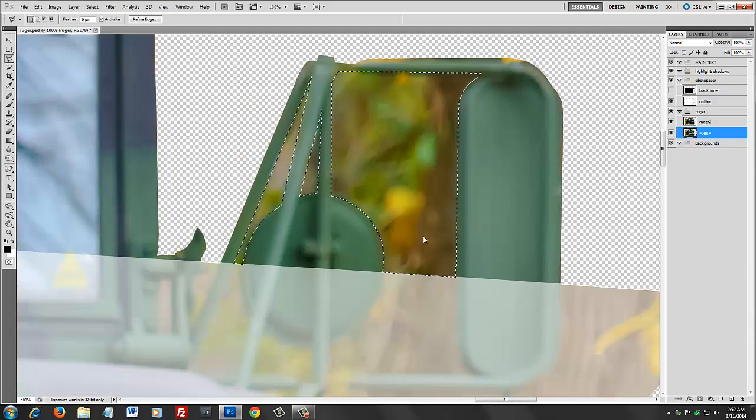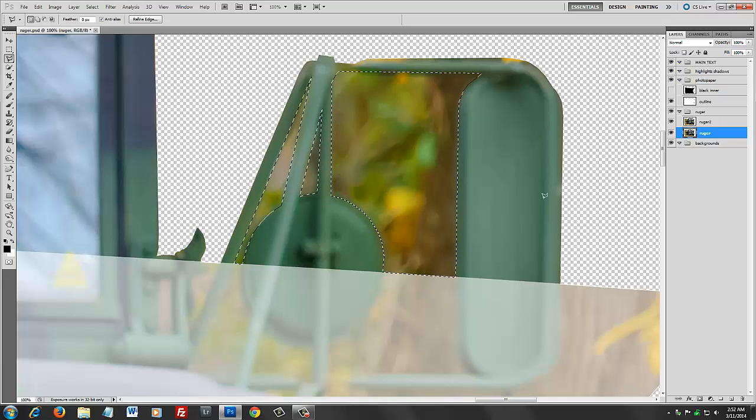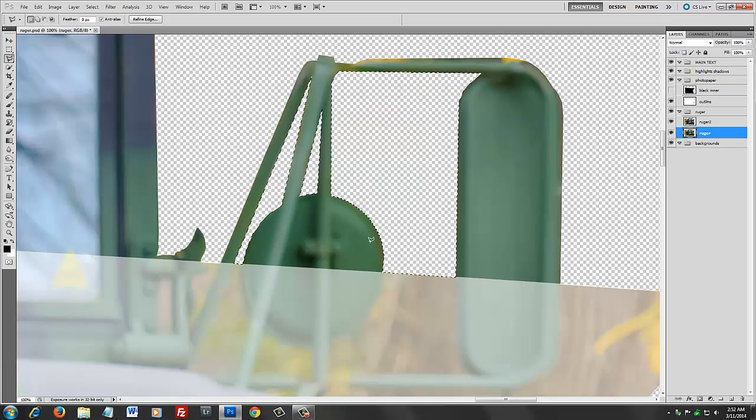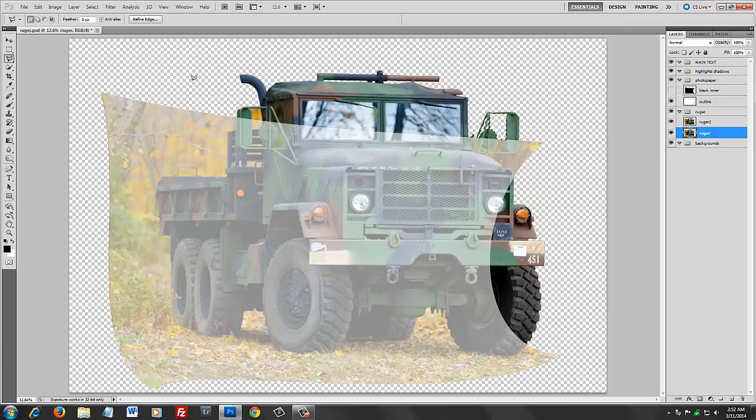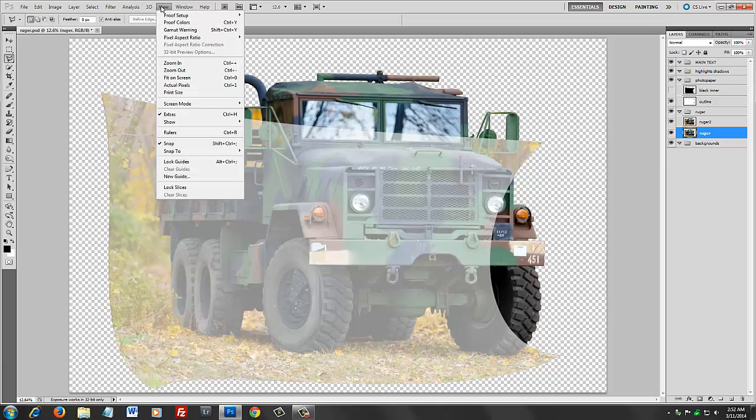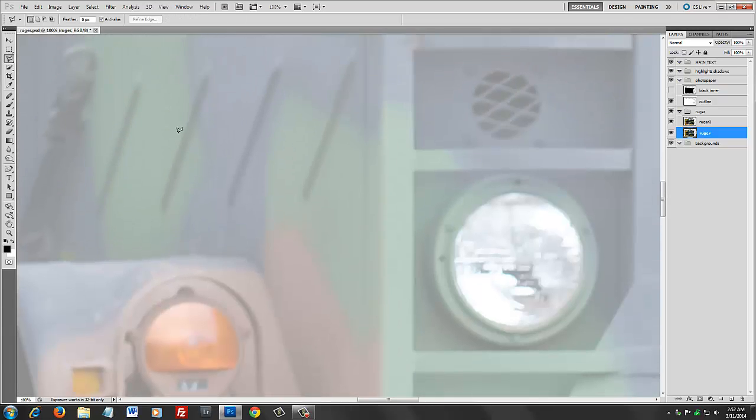You can make multiple selections by starting on one line and holding the shift key down to begin another one. As you can see, we have marching ants here again. We're going to make sure we delete that layer, delete that layer. Now we have pretty much the whole truck outlined completely. Total time doing that, with me touching up a few little spots, was about 10 minutes, only because the image is so large. So go back to the actual pixels and just finish up